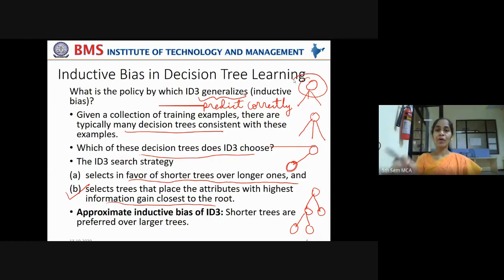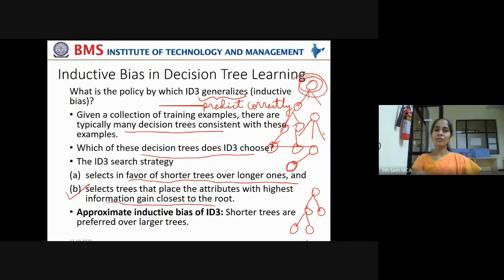Say, if at all you select temperature as the root node, what will happen? Temperature is the attribute which is giving the lowest information gain, right? Now, if you keep that as the split point in the root node, what will happen? You have to check every possible alternative combination with that particular temperature. So you keep on extending the tree so that it reaches 3-4 levels. Meaning you are making the tree complex,